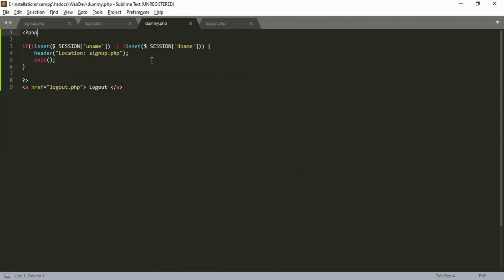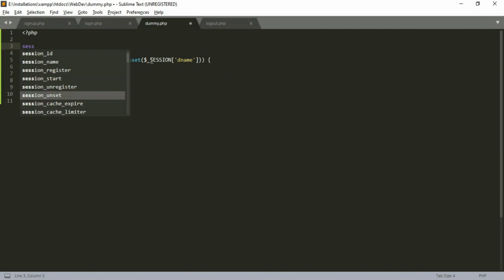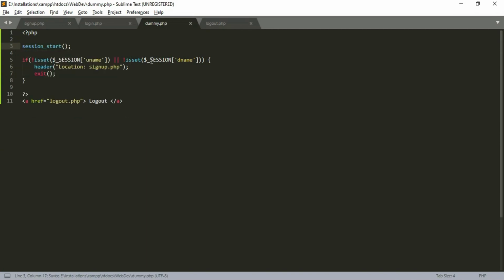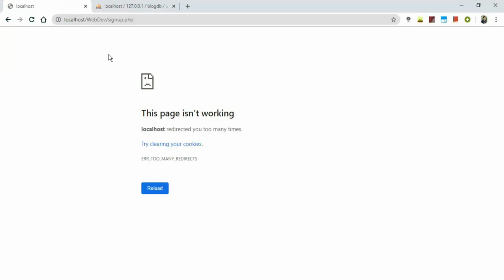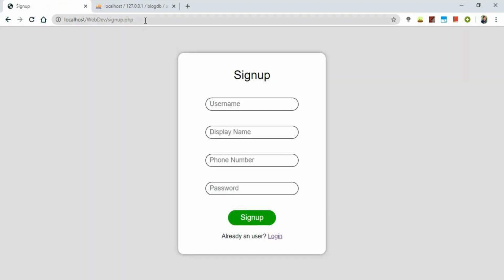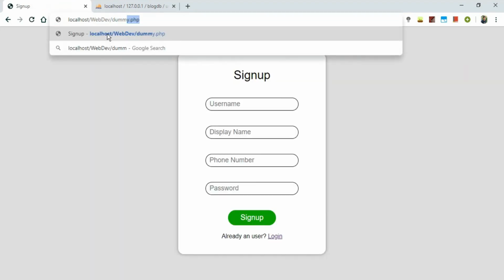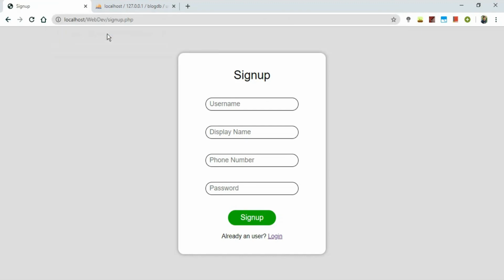Yeah, we forgot to start the session. Let's fix that. Let's now reload. As you can see, we are logged in. Let's log out and try to access this page without logging in. It just redirects us to the sign up page, just as we intended it to.